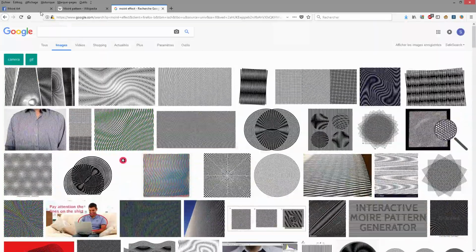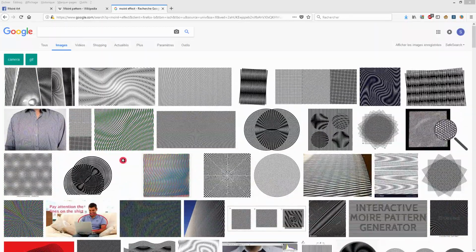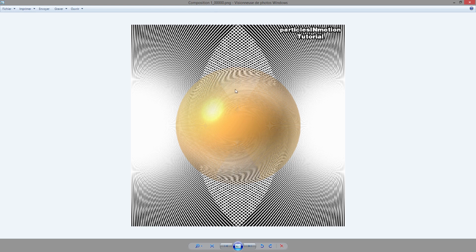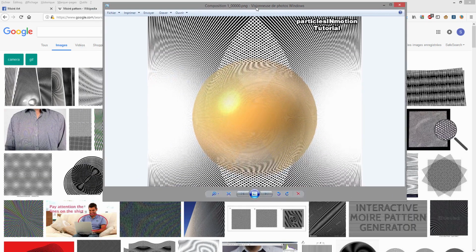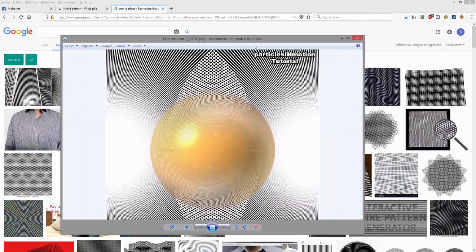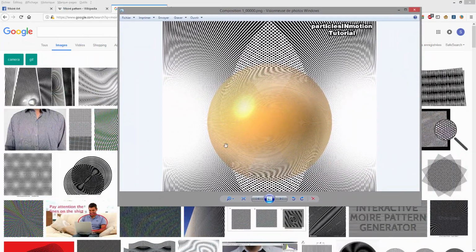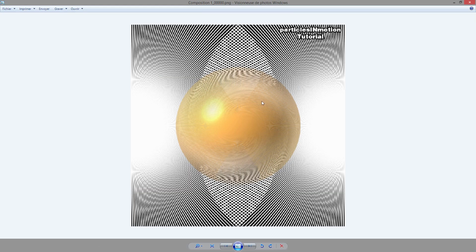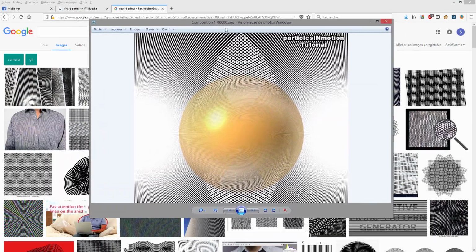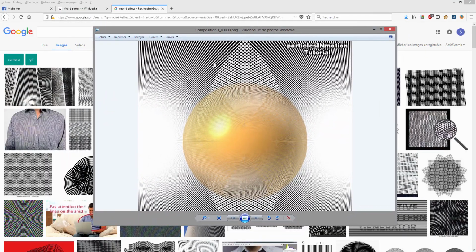And also a second particularity: as you can see, it's a JPEG, and it's a static image. But if we move, you can see flickering, and this is part of the Moiré effect. So you can see deformation and flickering when you move it. So we will do that.